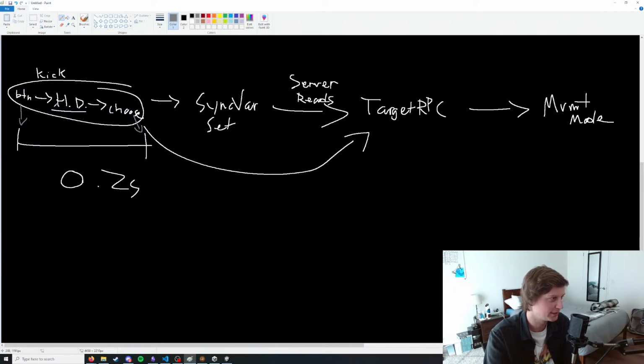That starts a period of hit detection, and at the end of that period we choose someone to get kicked. This takes 0.2 seconds, and then we set a sync var, which the server is going to read, and it's going to tell whoever got kicked that they've been kicked, and they're going to set the movement mode. And unfortunately this manifests in like a 0.3, 0.4 second delay. So I want to sort of change how hit detection works to, as soon as we find a player, kick